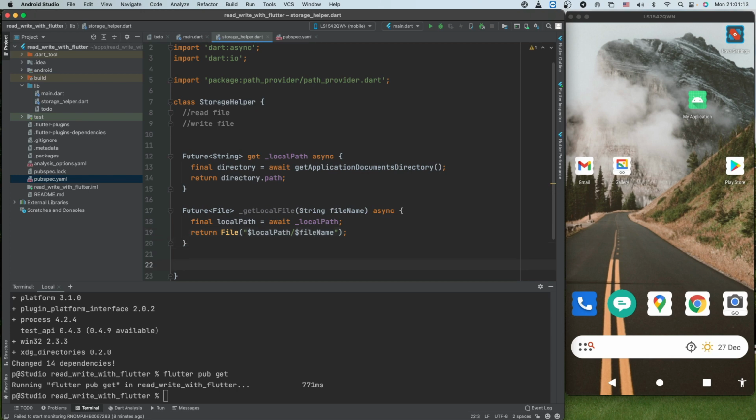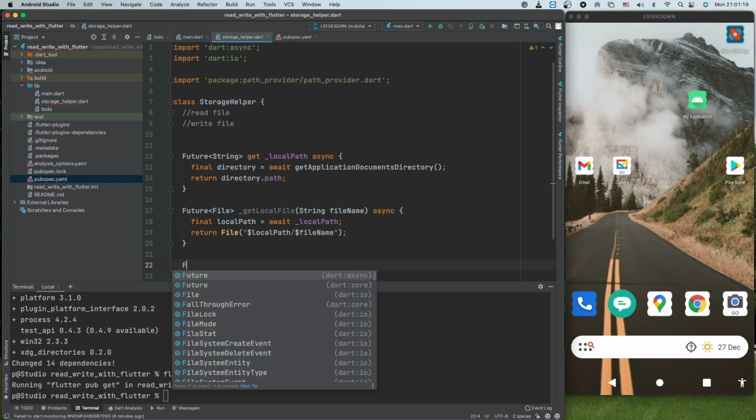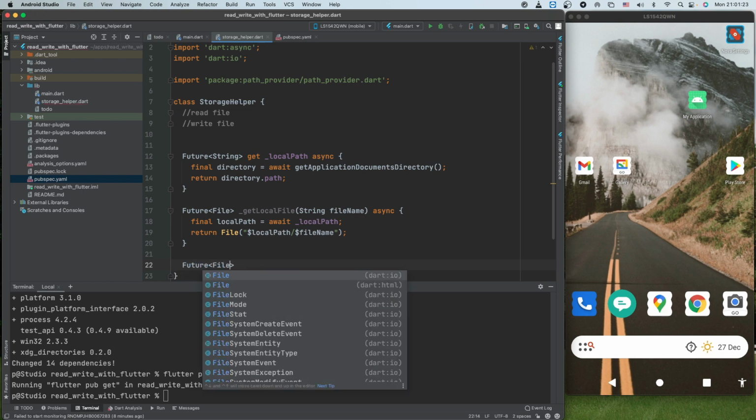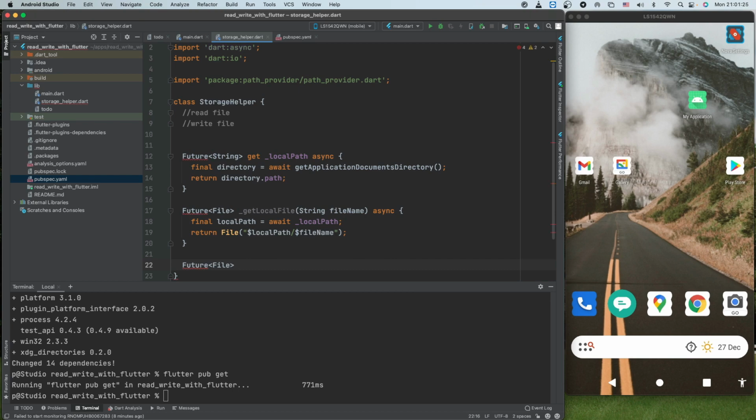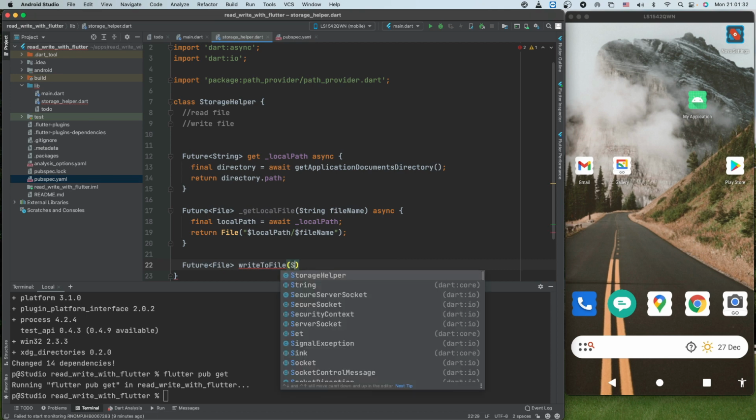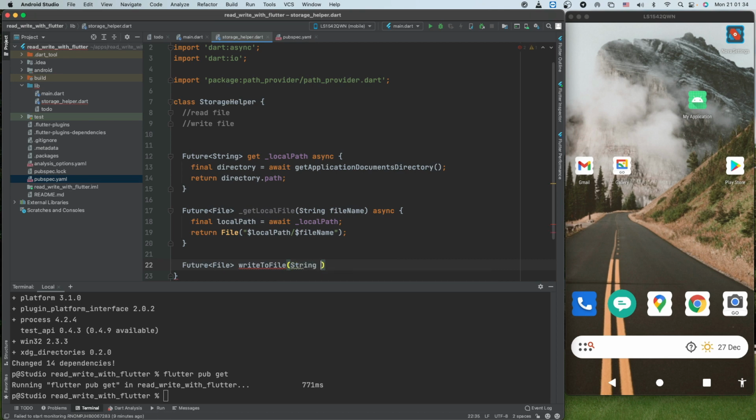Now first we want to write some text to the file, so we'll write another method that will help in writing to the file. So we'll say writeToFile. What it will need is a file name and a string that we want to write.